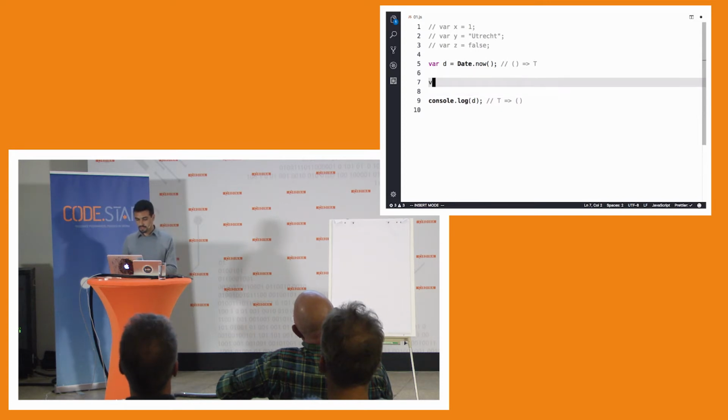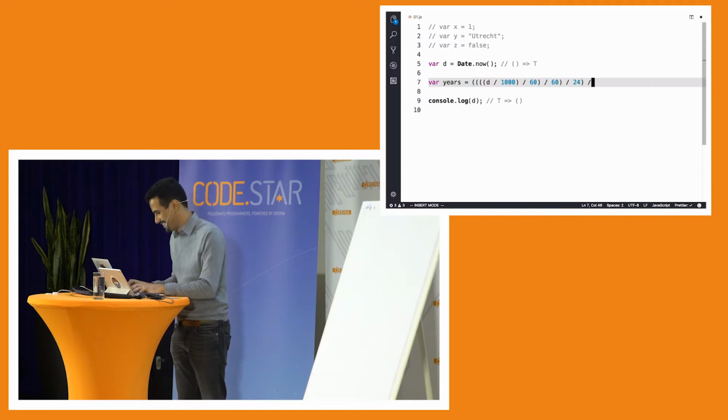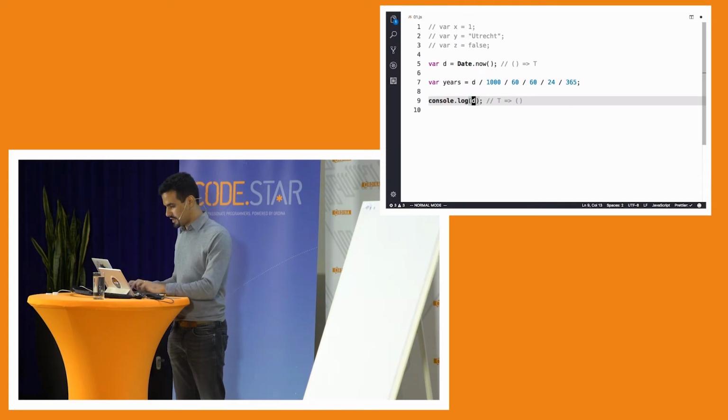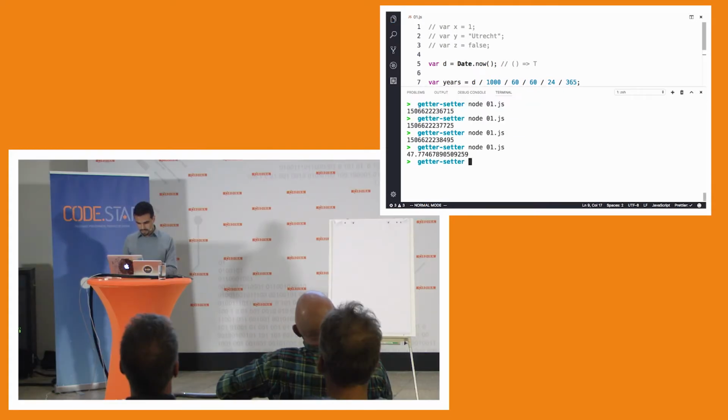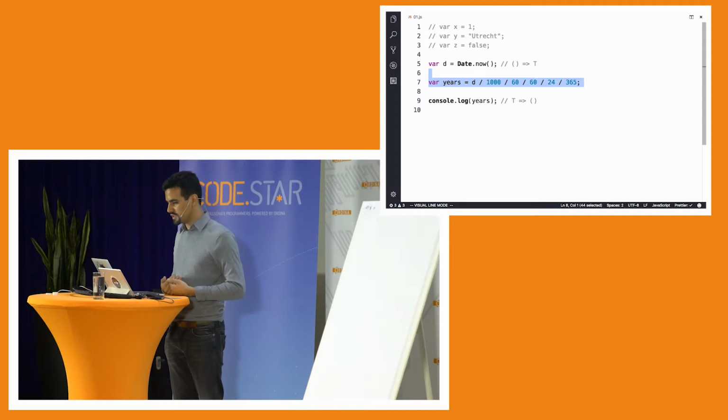So the way that we program is that we usually create some intermediate stuff here. Let's say I take that amount of milliseconds divided by 1,000. So now I have seconds. And if I divide it by 60, I get minutes. Divided by 60 again, I get hours. Divided by 24, I guess, if I'm correct, and then you get days, and then years. And when I output that for years, you get 47 and a half. So if you're 47 years old, we know that you were born in the 1970s. And so forth. So you can do nice calculations here in the middle between that getting